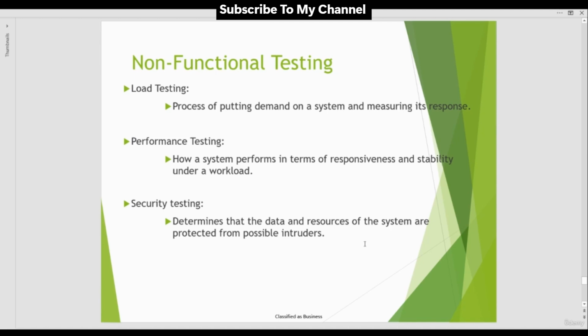Then we have security testing. Determine that the data and resource of the system are protected from possible intruders. So this focuses more on security, whether we are storing any sensitive data which can be easily accessible or not. Are we logging some sensitive data in the log files which software generates? Are you authorizing the users or not? Are we authenticating and checking the user